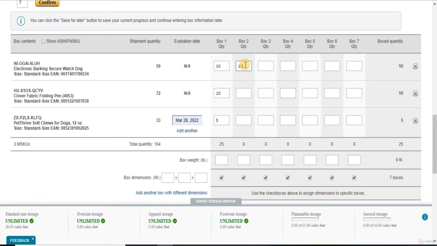So box 2, same thing, 10, 10, 5, and over here you would see it's adding up the total quantity. Of course the total quantity is going to have to equal the shipment quantity. So let's do 10, 10, 10, 5, 10, 10, 5, 10, 10, 5, and then,